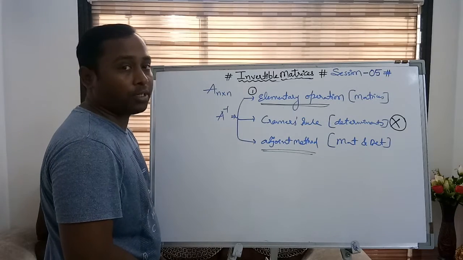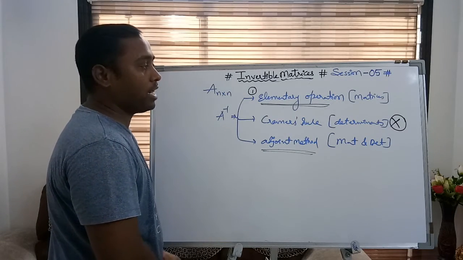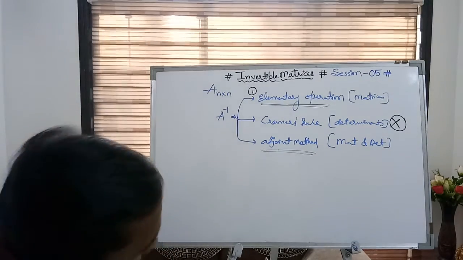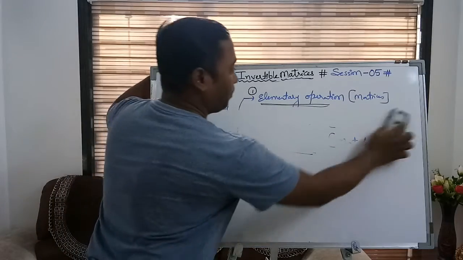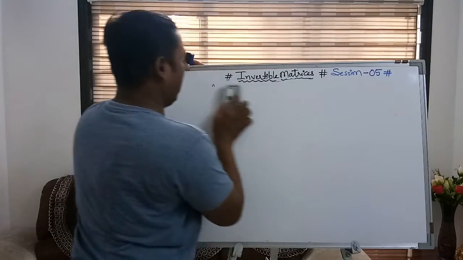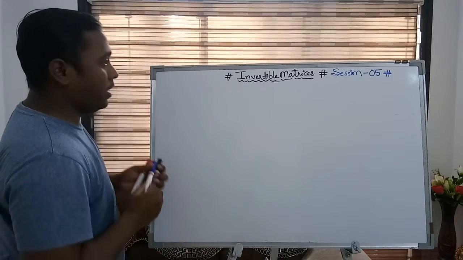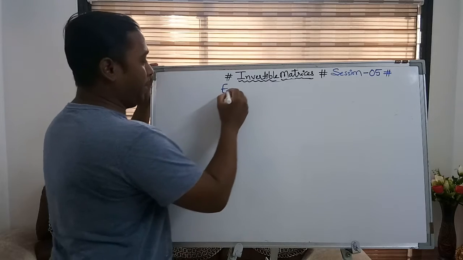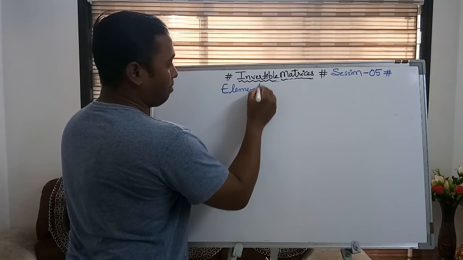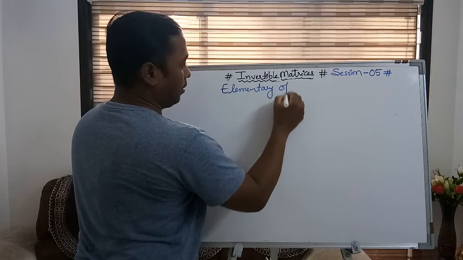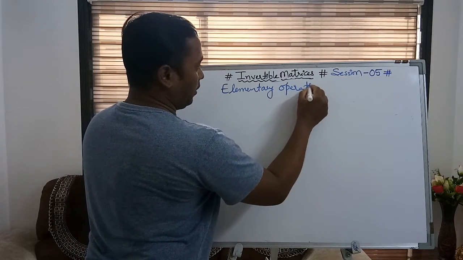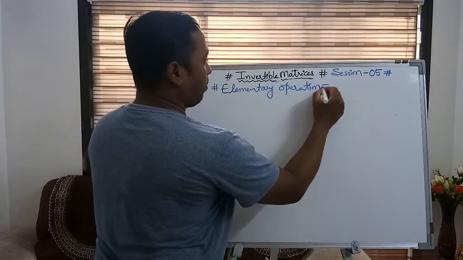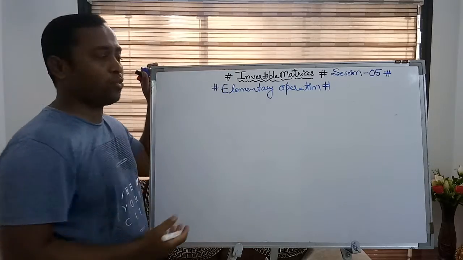that is what? Elementary operation method. Now let's try to understand what this elementary operation method is and how it will work. So we are dealing with the elementary operation method. Remember the name, elementary operation, right, technique we can say. So how can we apply this elementary operation, what does it speak?